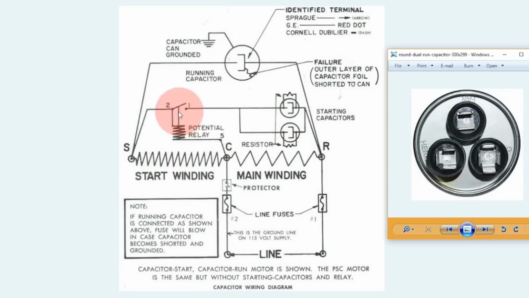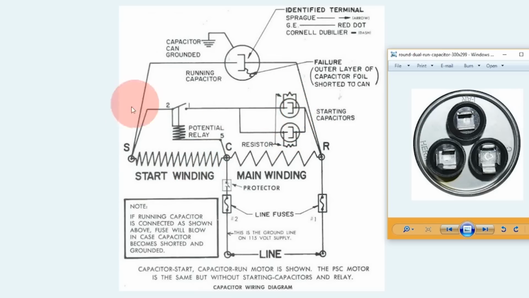That's expected because the start capacitor only stays in the circuit in the start winding for the first couple milliseconds until that compressor gets up to 80% of its total speed. So that's going to happen very, very quickly, in the first fractions of a second. If you have a meter that can read that inrush amps, then you will see a higher start reading when it starts up, and that's only because you have the additional electron capacity of these capacitors